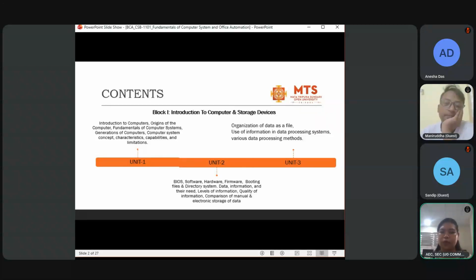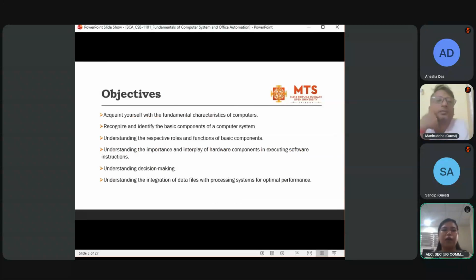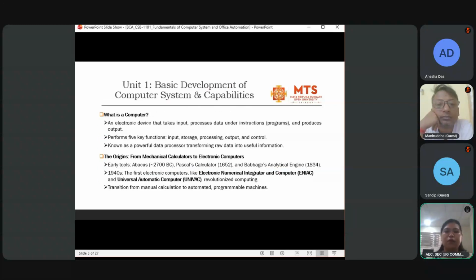Okay, so the objective of the class is to acquaint yourself with the fundamental characteristics of computer, recognize and identify the basic components of a computer system, understand the respective roles and functions of basic components of computer, and understand the importance and interplay of hardware components, decision making, and the integration of data files with the processing system for optimal performance. So moving to our first unit, we'll start with the basic development of computer system and